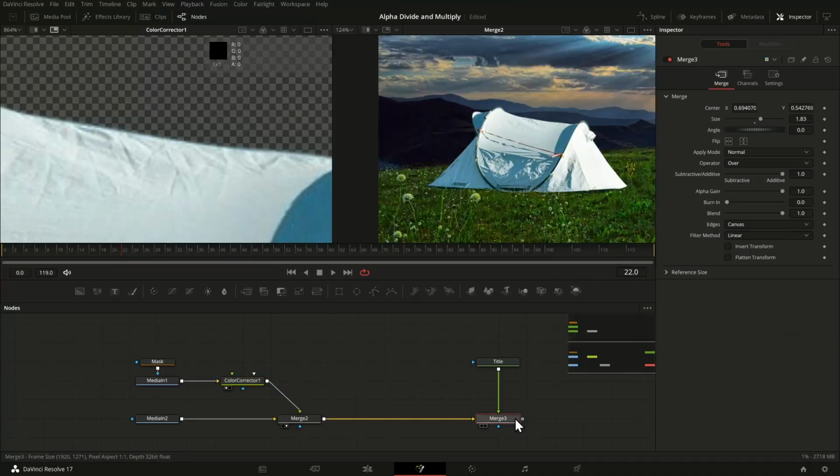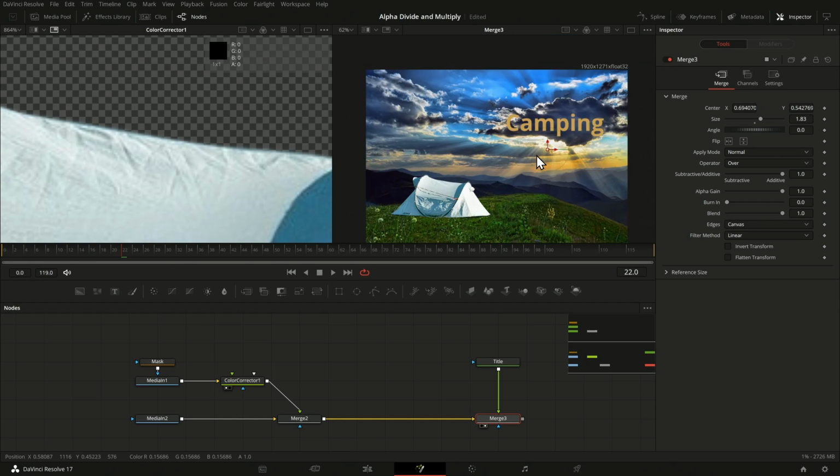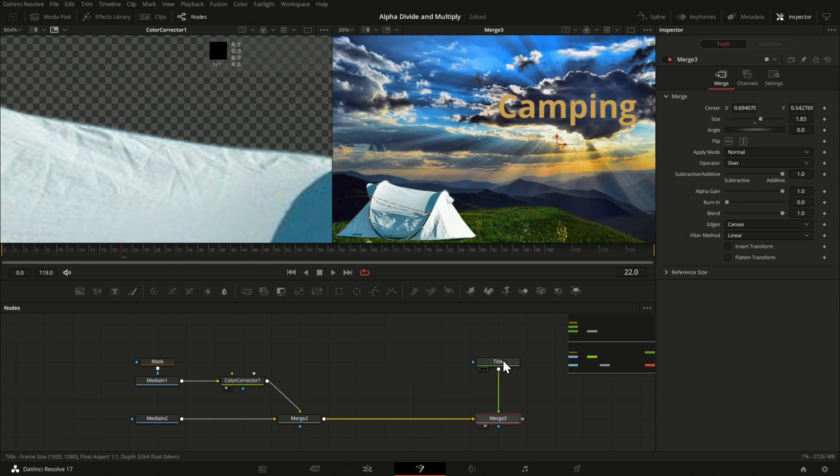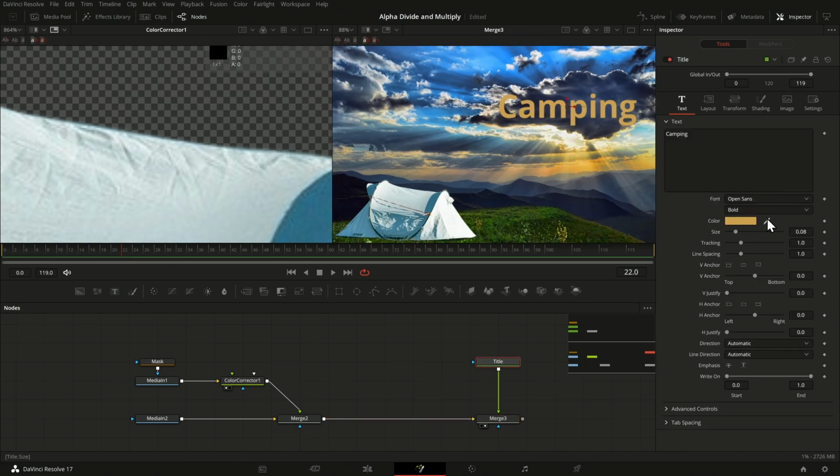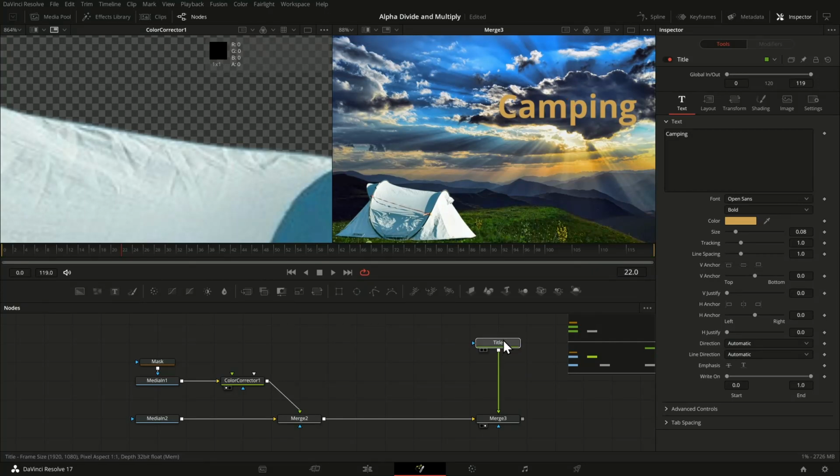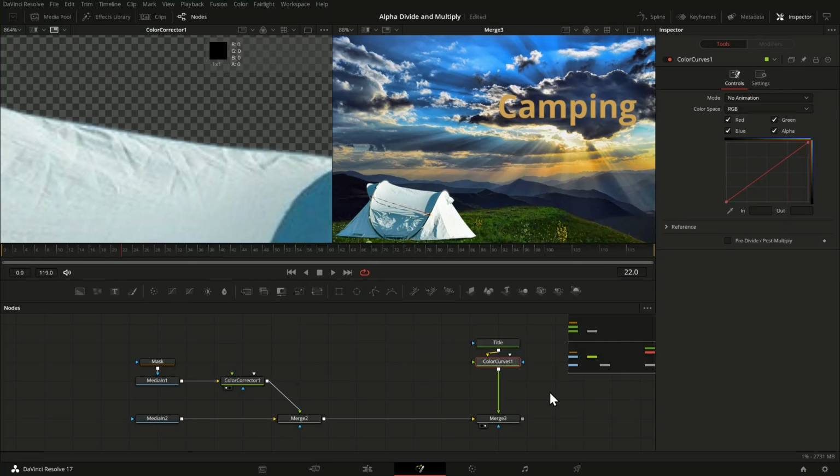Let's still look at another example. Compositing is one case, keying, it may happen there. Also with graphics, I actually have a title here. If the title is coming from Fusion, I can of course do any color changes here, but if it's coming from Photoshop, or you load a file, you may often be doing color corrections there. So let's do a curve tool for an example and pull a bit in the middle. Sorry, let me turn off the alpha, so I only change the color. I don't want to change the alpha channel, and let's pull this down a bit.